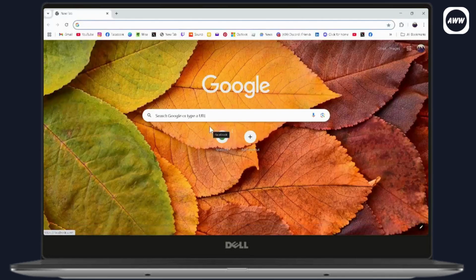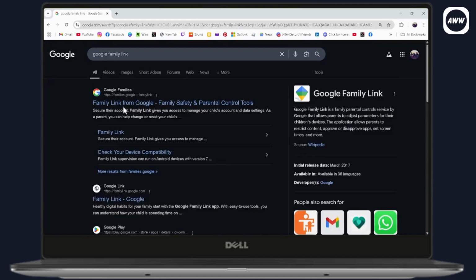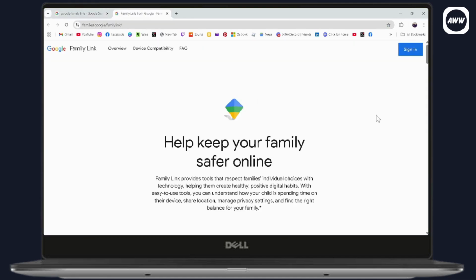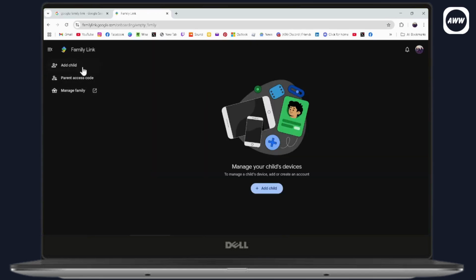After opening your browser, you need to go with search, and under search, you need to search for Google Family Link. After searching, go with the first option, which will take you to the official website. Now you need to go with sign in, which is on the top right, and make sure to sign into your account. Now from here, you just need to simply go with the controls, which will be on the left side,